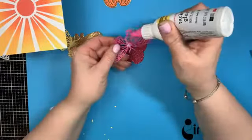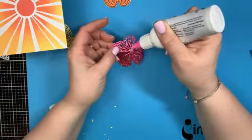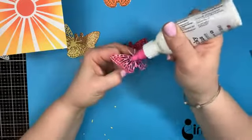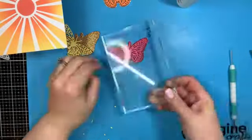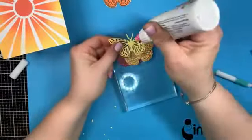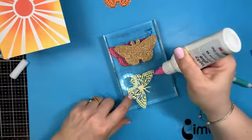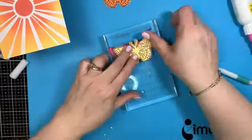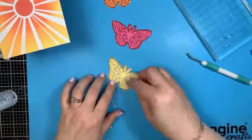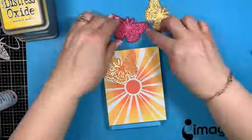So here I'm just gluing the butterfly wings, and I'm using a fine tipped glue applicator, so that does help a little bit. And actually my problem is more over gluing. Sometimes I do that and then it kind of oozes out from underneath, and that's what happened with this one. So I had to take a little wipe and try to just get a little bit of that extra